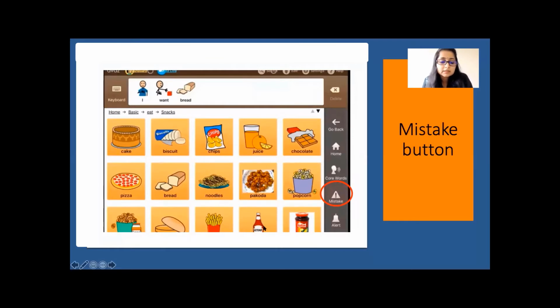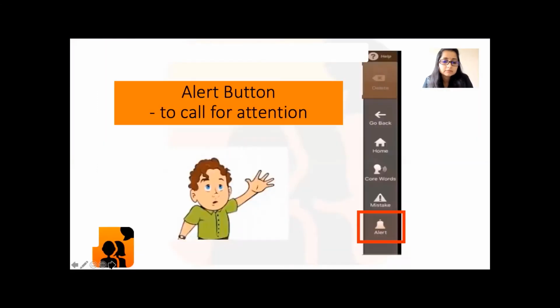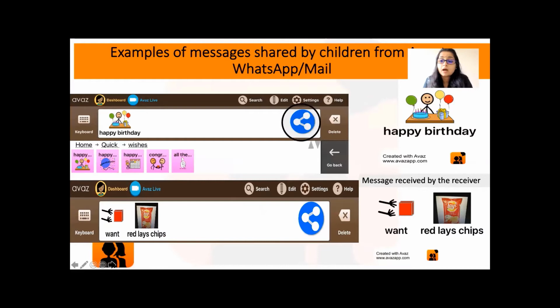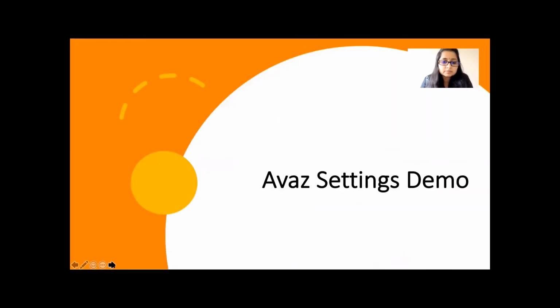I'll come to it later, but this is what is available. These are some of the features that are really important. We can teach the child to call for a caregiver's attention by using this button. And then we saw how to formulate a message and how it can inculcate meaningful communication.